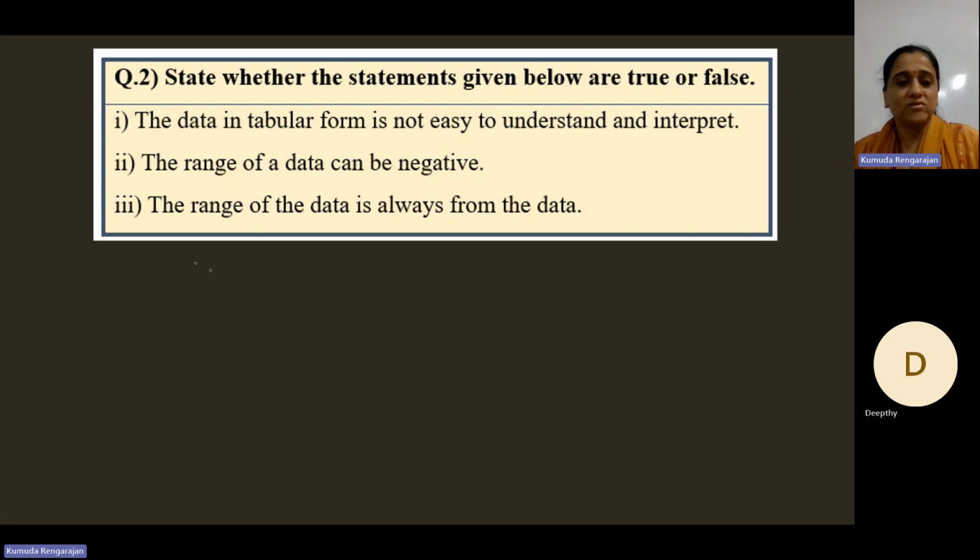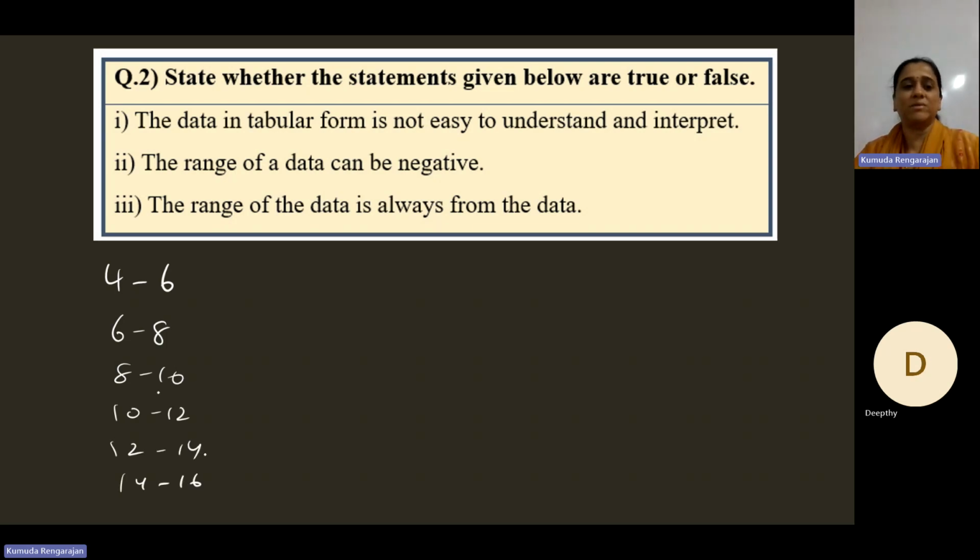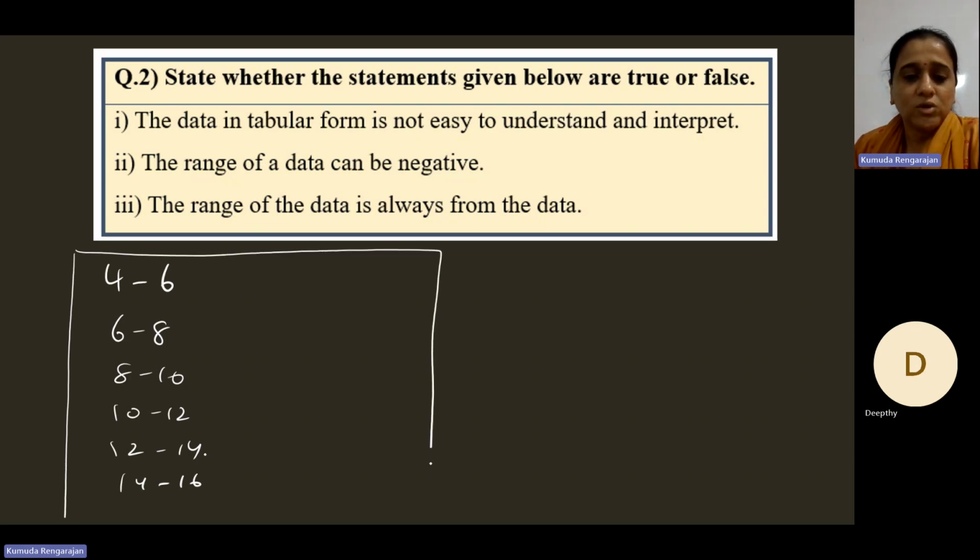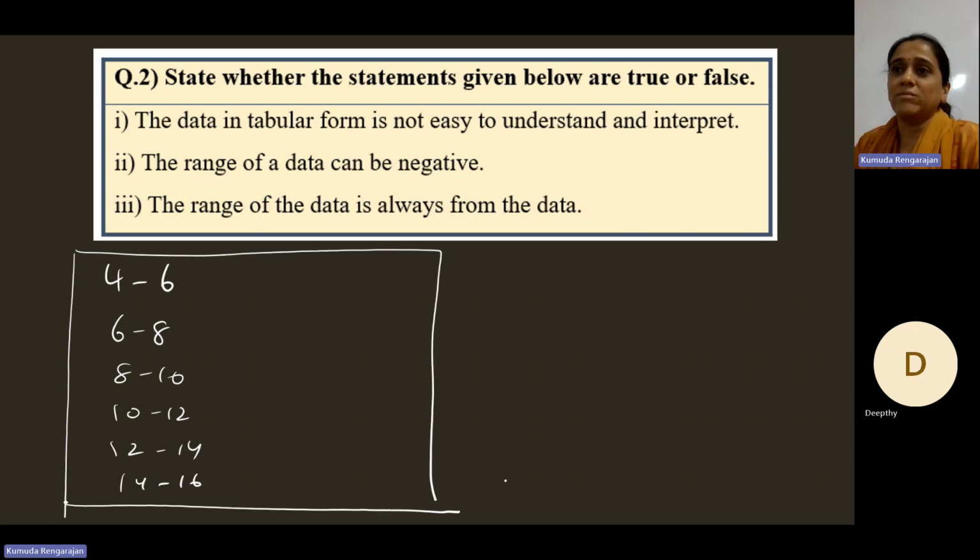And how will I tabulate? Like I told you, weights of students in the age group 4 to 6 years, weights of students in the age group 6 to 8, 8 to 10, 10 to 12, 12 to 14, and 14 to 16. Only up to 10th standard, from LKG to 10th standard. So I'll make these class intervals like this. There is a procedure to tabulate the information using tally marks. Using tally marks, I'll be tabulating the information. So tabulating is done to further observe the data, analyze and interpret.